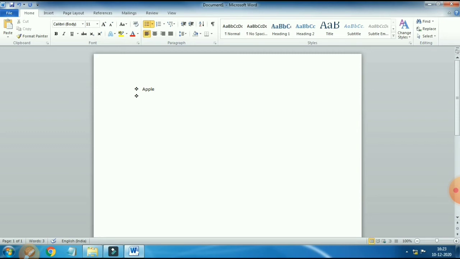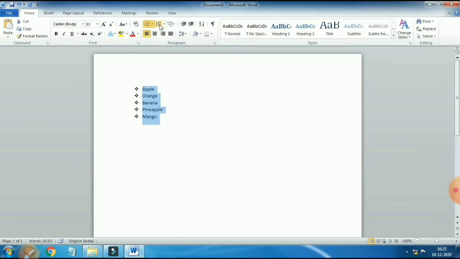I typed apple. When I press enter, the next bullet will automatically come. Orange, enter. Pineapple, enter. And mango. You can see I made one list of fruits, and it's looking very beautiful because I applied the bullets effect on this.